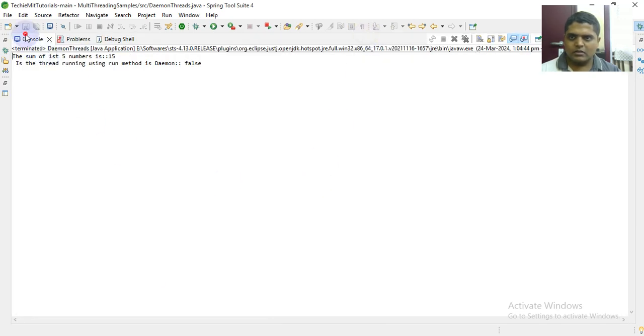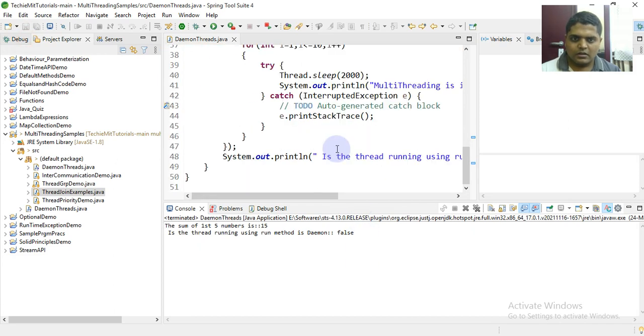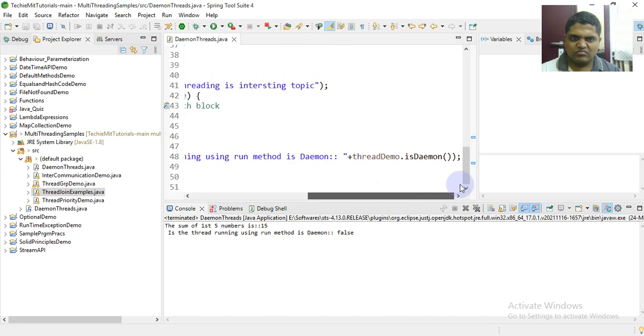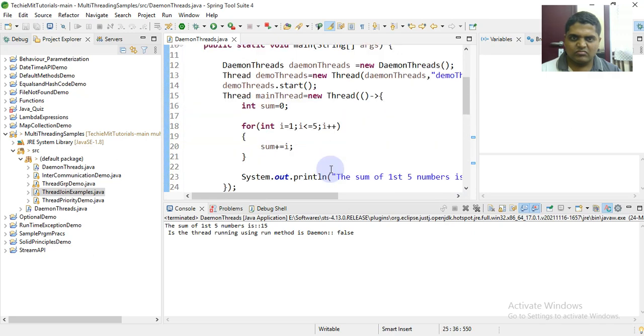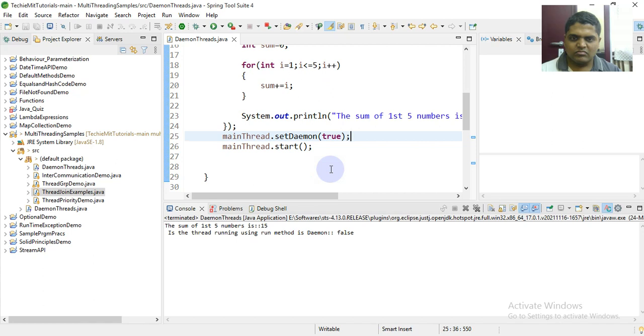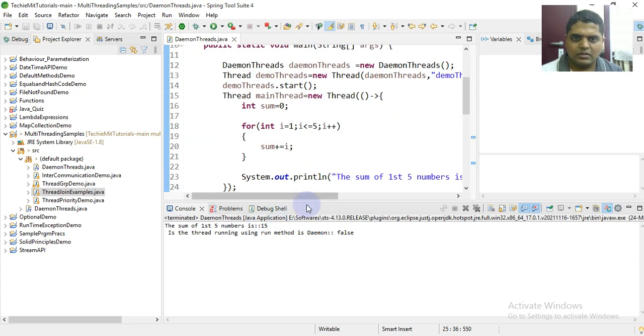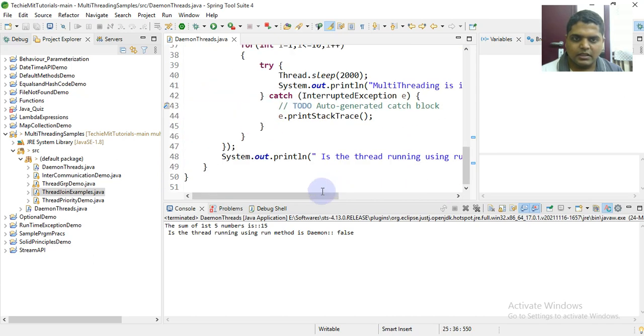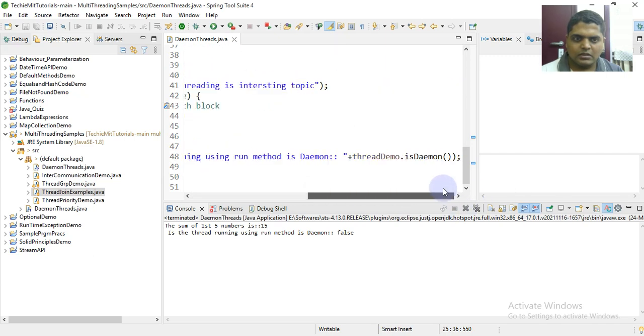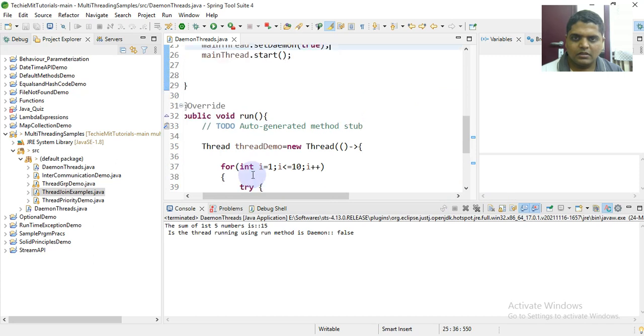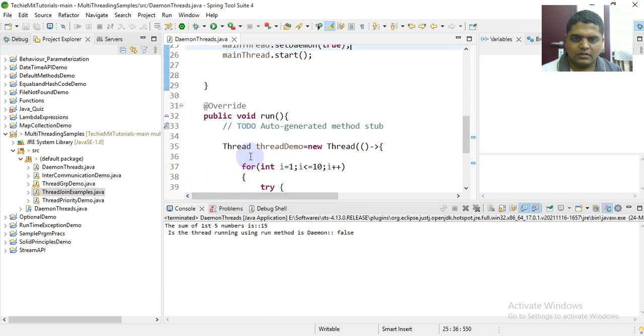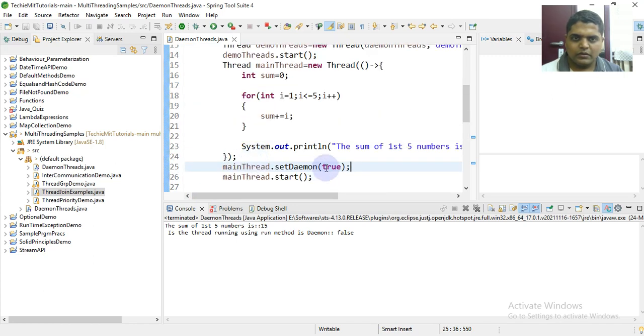Yeah, as I can see over here, the sum of first 5 numbers is 15, that is currently being printed by the thread. After that, what is printed is the thread isDaemon, that is false. Now if I try to change this daemon thread and set it over here,